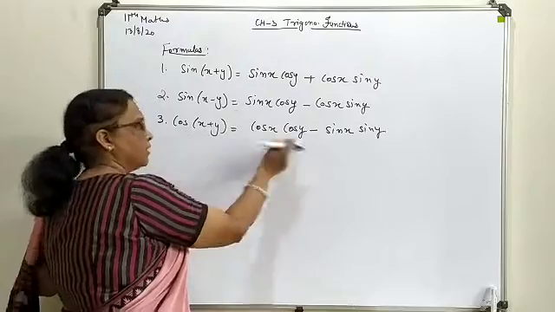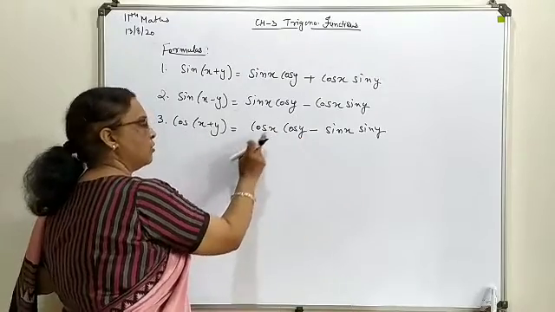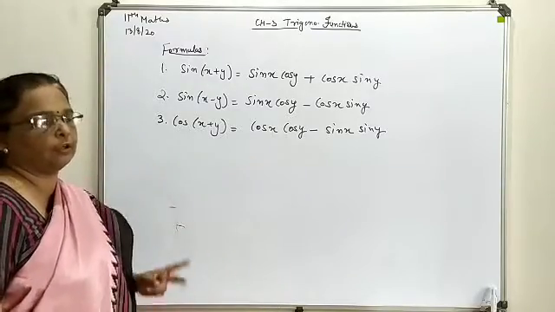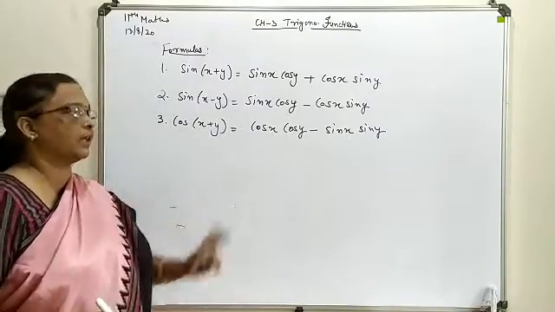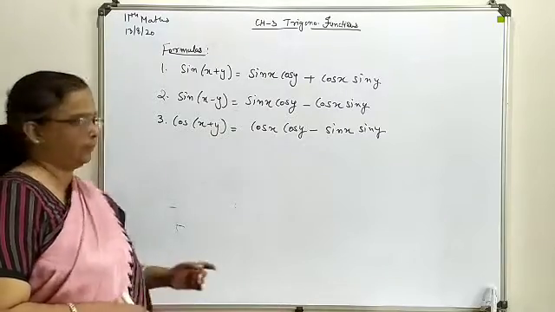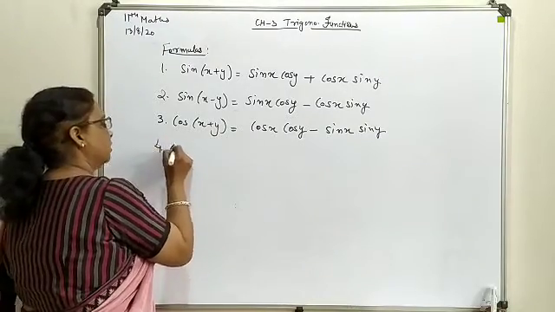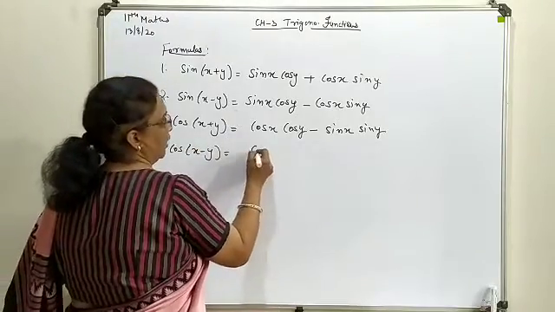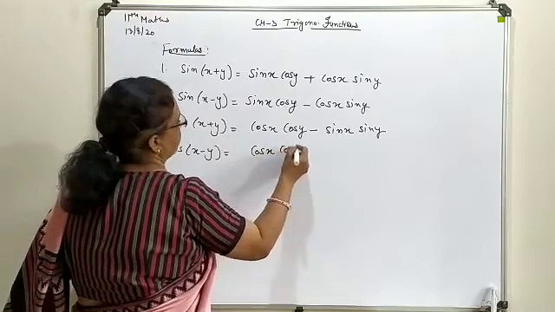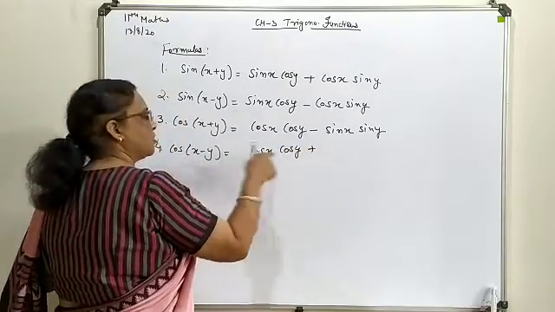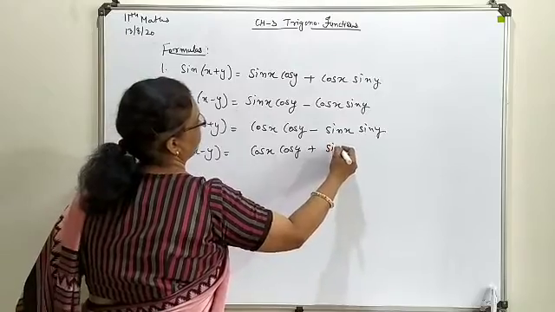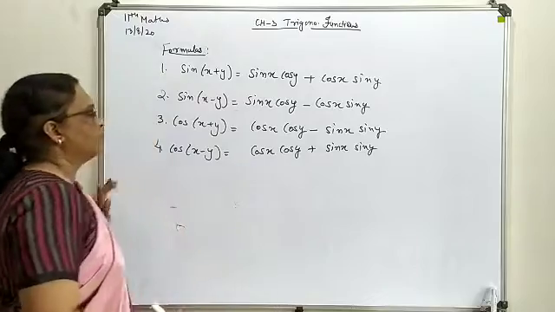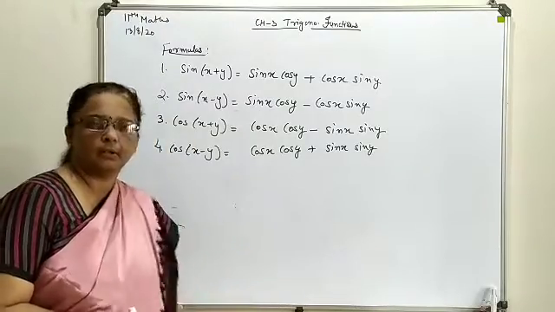First change, the opposite sign you will follow in between. Second change, both the terms you will carry with the same trigonometrical term: first followed by both cos compulsorily and second followed by both sin. Now the difference of these two, if you write, the same thing will be followed here as we have in the case of the sin: minus, so plus you will follow, and both the sin terms you will have here. So this way these are the basic formulas you will have.